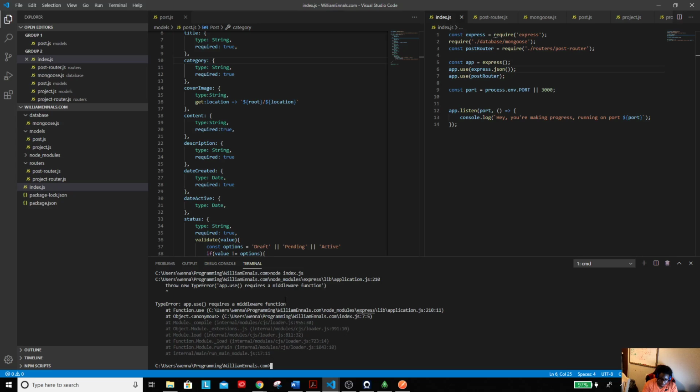Nope. I think it wants me to handle something. So we're telling it here, post router. Do I have everything saved? Yep. So I just do a little bit of reading through, trying to figure out if I missed something, and I'm comparing it to my old code. So I pulled in Mongoose. I have my router here. So I pulled that in, and then we have our const app express. Maybe the port is needed a little higher up,